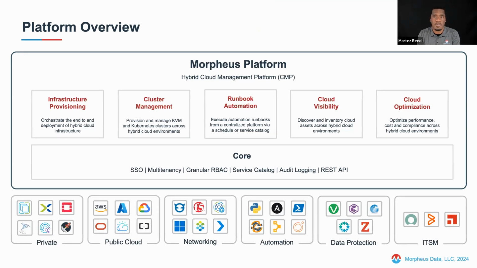Leveraging the platform to be able to orchestrate the end-to-end deployment of workloads, whether that be on-prem or in the public cloud, using the platform's native integrations or tie-ins to infrastructure as code tools like HashiCorp Terraform, ARM templates, and CloudFormation. Platform also supports the ability to provision and tie into Kubernetes clusters, whether that be on-prem